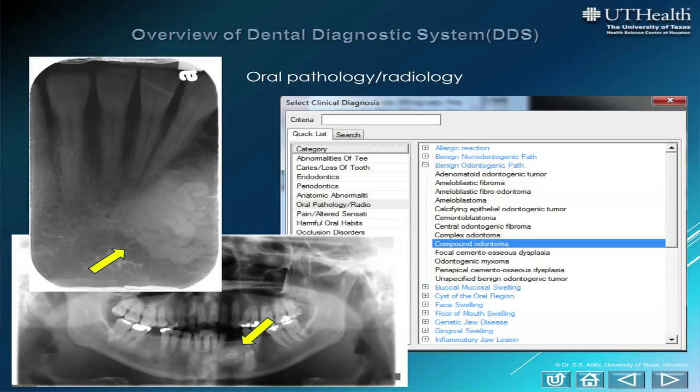Oral pathology and oral radiology category have numerous subcategories listed as following: allergic reaction, benign non-odontogenic pathology, benign odontogenic pathology, buccal mucosal swelling, cyst of the oral origin, face swelling, floor of mouth swelling, genetic jaw disease, gingival swelling, inflammatory jaw lesion, lip swelling, malignant neoplasm, metabolic jaw disease, throat or neck swelling, oral